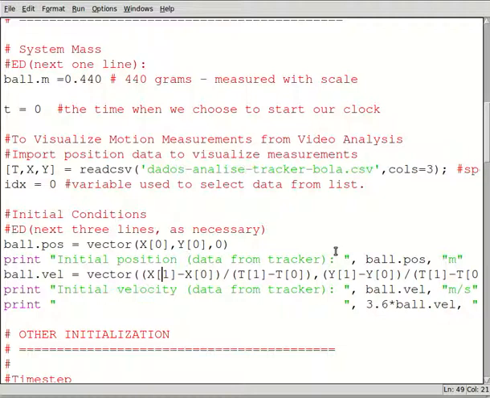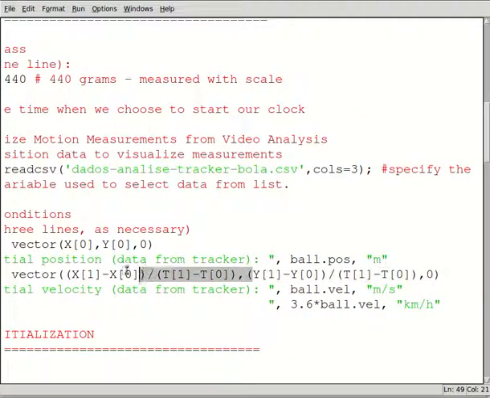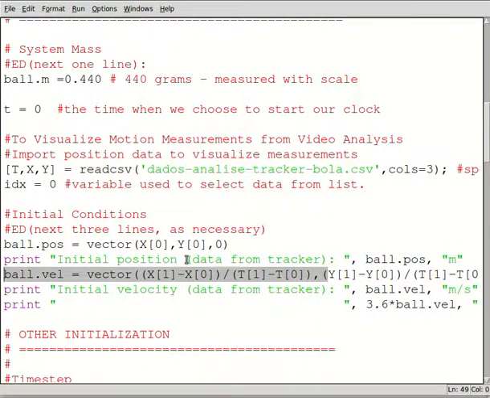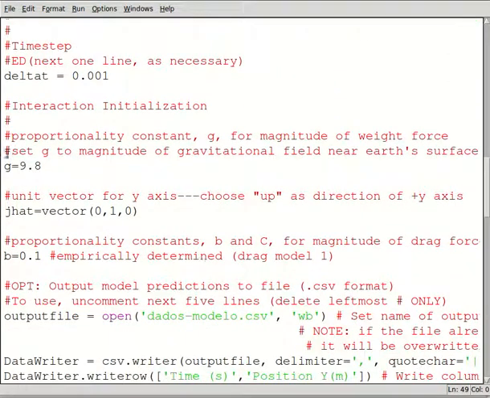Using VPython and considering Newton's second law, we constructed a computational model. Here we have some initial conditions: the mass of the ball, the initial position from data read from Tracker, the initial velocity calculated from the first 2 frames, the setup of the constant of gravity,